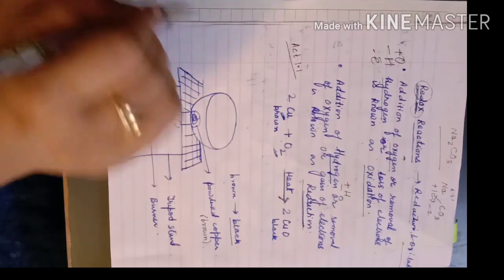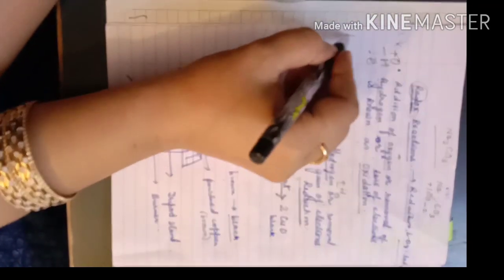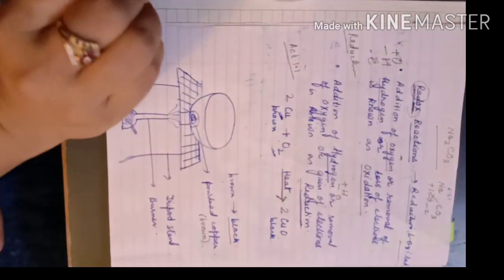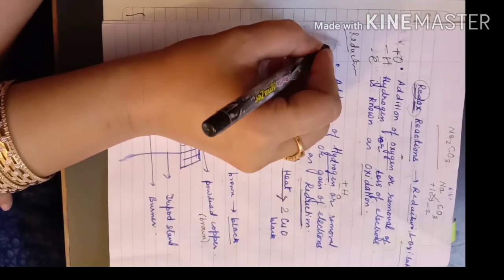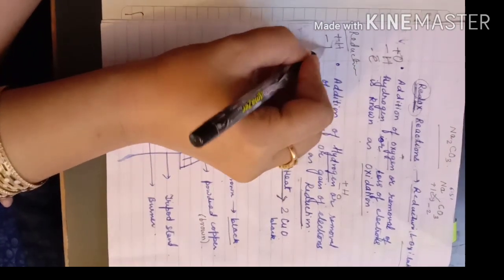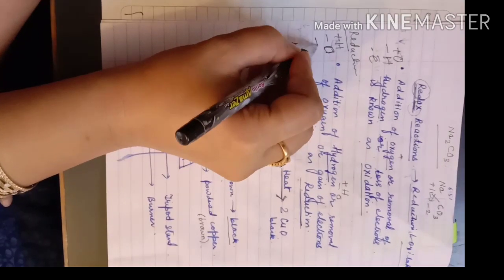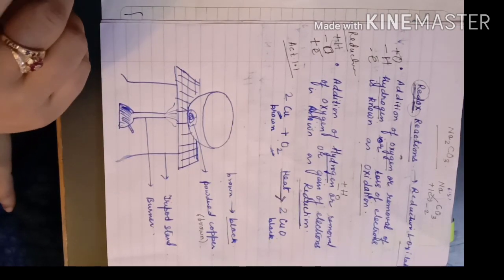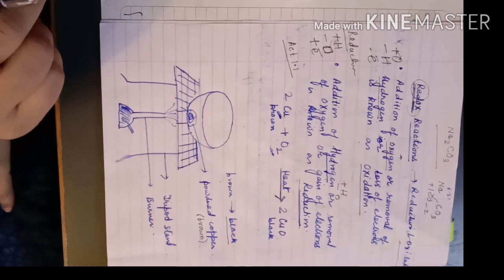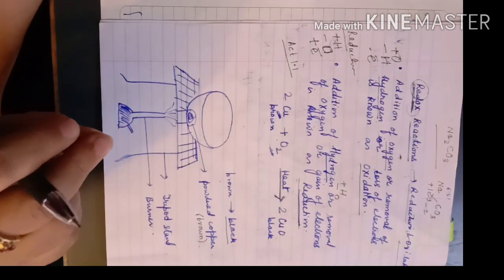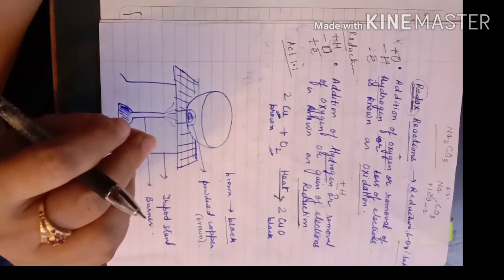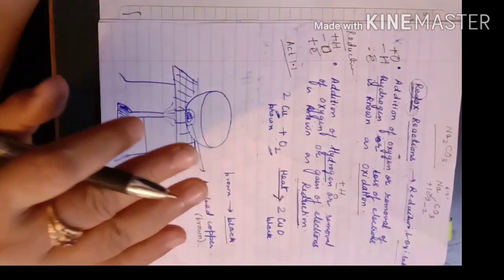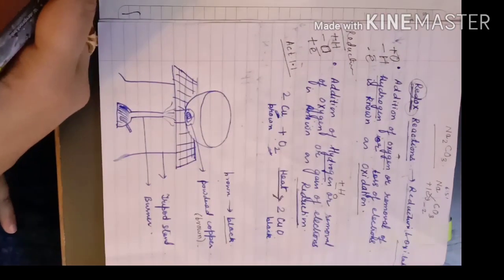Now reduction. If you are asking what reduction is, it is just the opposite. Either you will find addition of hydrogen, or removal of oxygen, or addition of electrons. Any of these is known as a reduction reaction. So try to understand the definition, then you will be able to keep pace with me and understand equations very well.